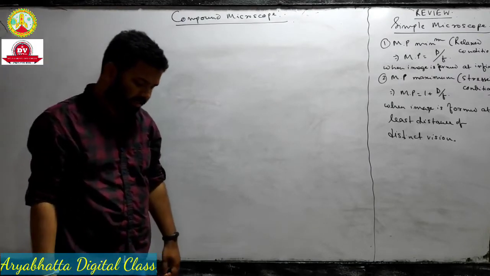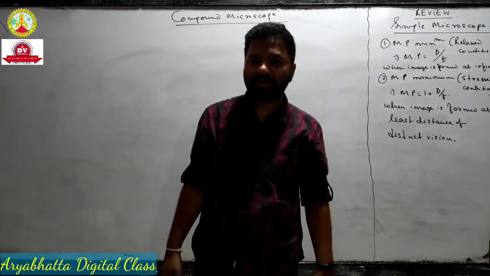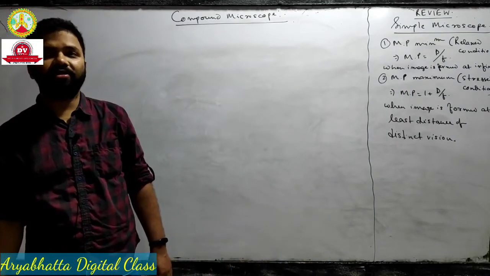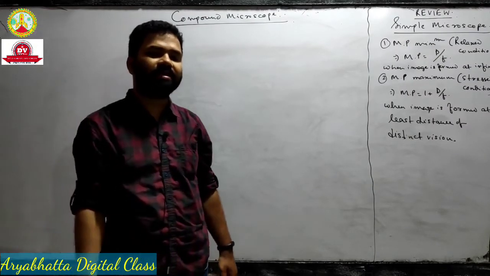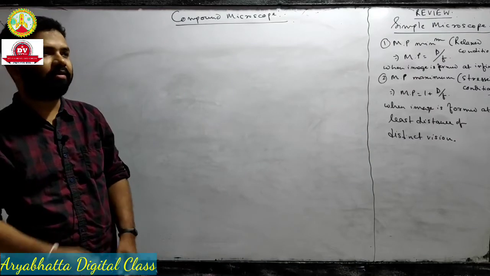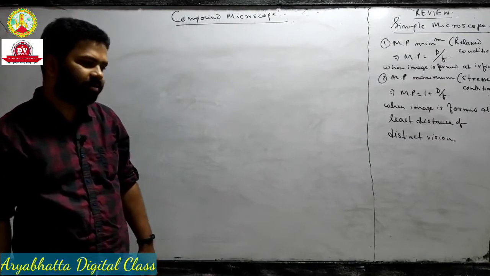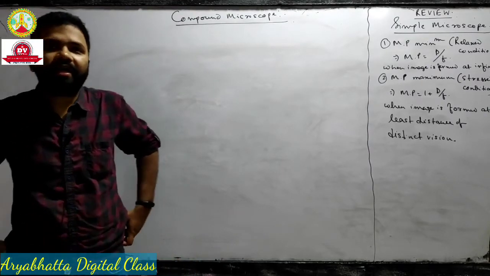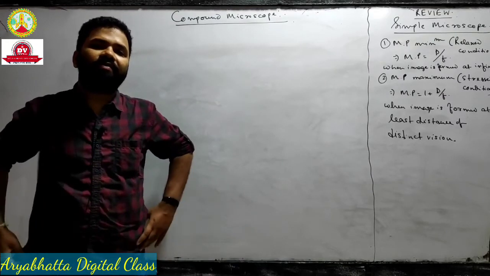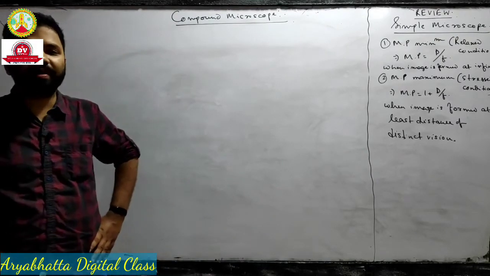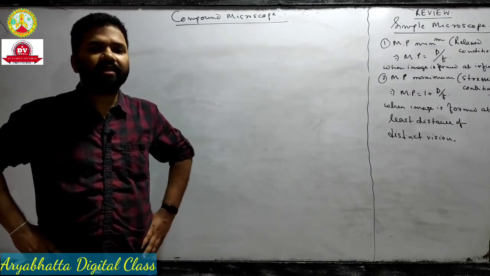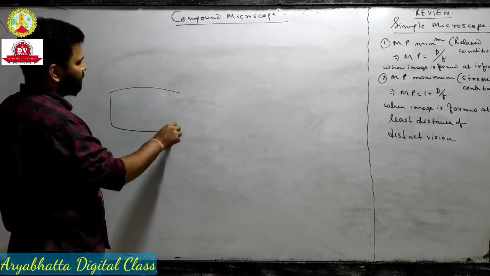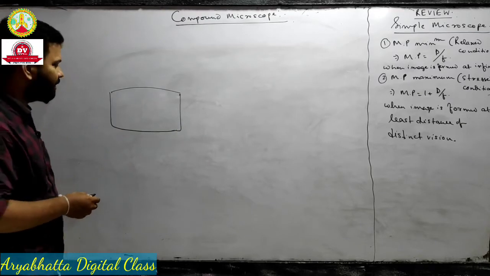Another disease is called presbyopia. Presbyopia means a person is suffering from both myopia and hypermetropia. That is, he cannot see the distant object clearly as well as the nearby objects clearly, okay? So in that case we will use a lens which is a combination of concave and convex lens. The lower part of the lens, suppose this is the lens, the specs,